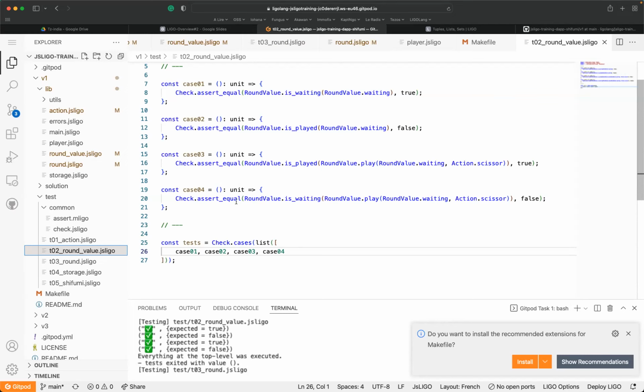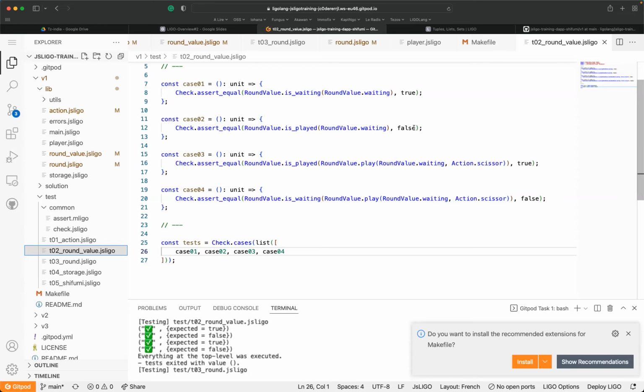So inside the test coverage, I go back to the round value. The test coverage is complete because I use the play and the is-played on the test. If you remember, the first one, which is waiting, I check if it's really waiting. Is waiting, is played? No, this is okay.